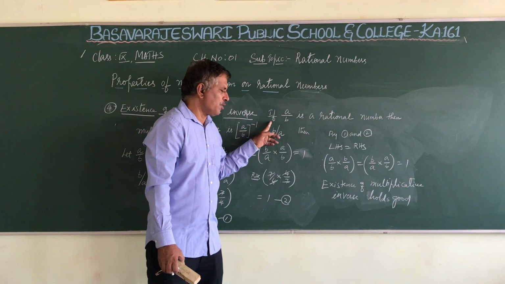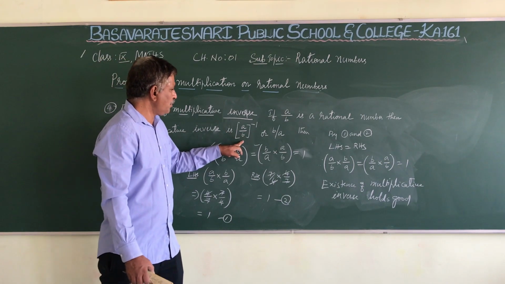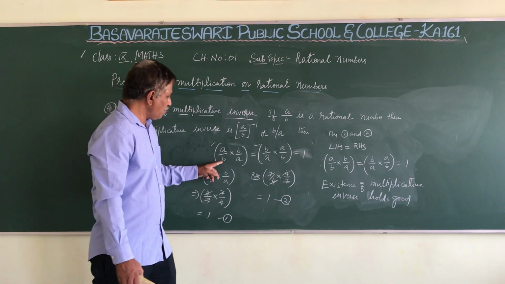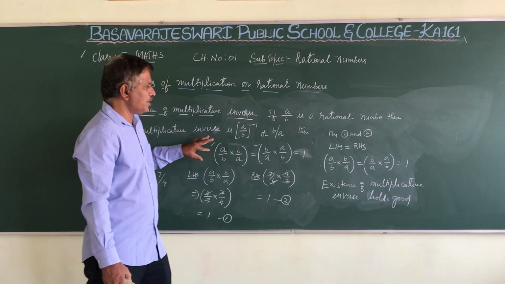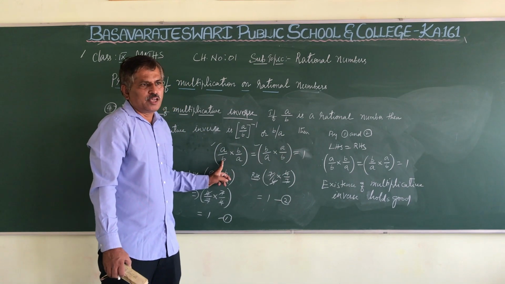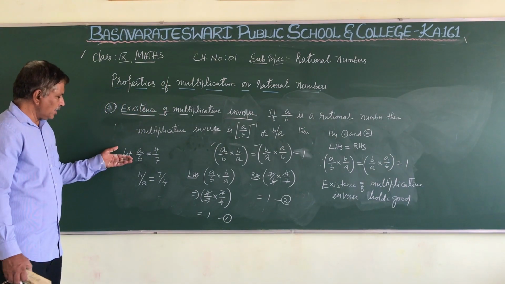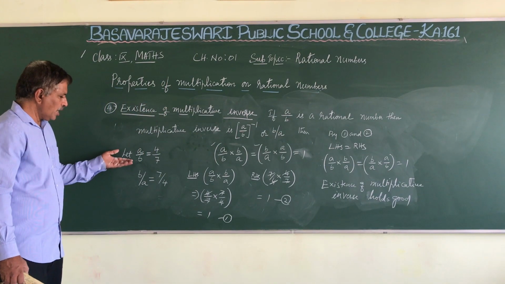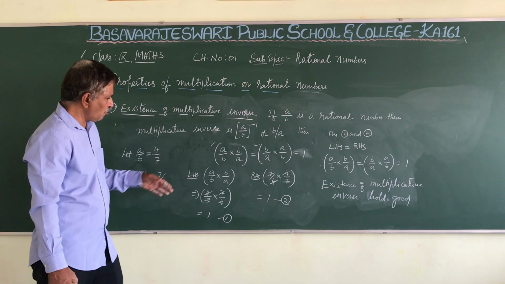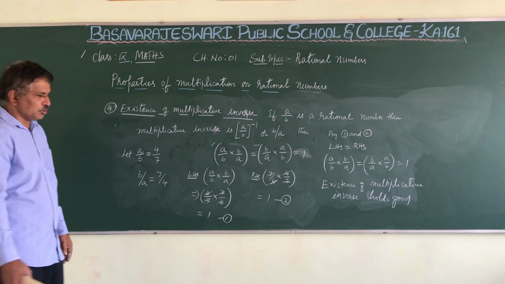So therefore, I have taken only one rational number. If A by B is a rational number, then its multiplicative inverse will be A by B whole to the power of minus 1, or I can write B by A. Then we get A by B into B by A. That means when we multiply a rational number and its reciprocal, the result will be 1 itself. For that, we have taken a rational number A by B is equal to 7 by 4. Its reciprocal will be B by A, that is 4 by 7. So after solving, we will get 1 in both the cases. Hence, the property holds good. Yes, please note down.